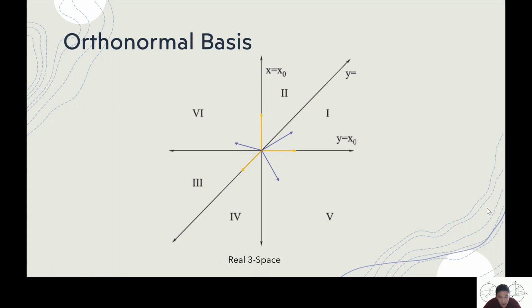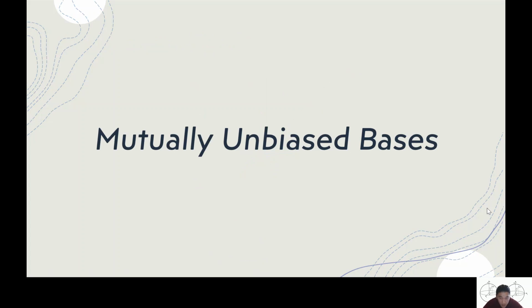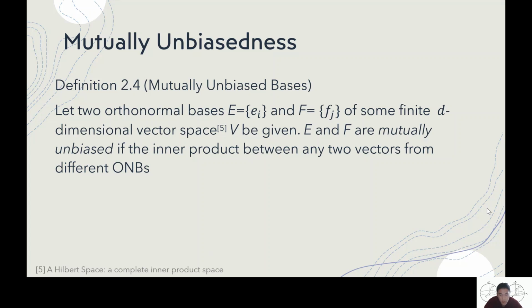A question you might ask then is, is there a nice pairwise relation for orthogonality that can help us distinguish between orthonormal bases? Surprise, surprise, there is a nice pairwise relation, and that's called mutual unbiasedness. Finally, we have all the tools we need to talk about mutually unbiased bases, so let's get cracking. Let two orthonormal bases E and F be given in some finite d-dimensional vector space V. E and F are called mutually unbiased if the magnitude